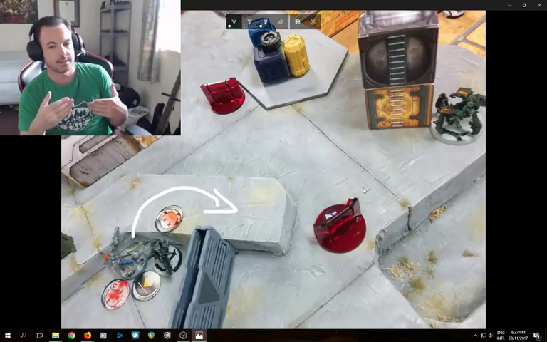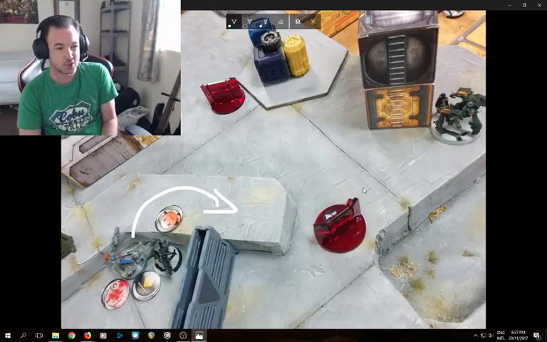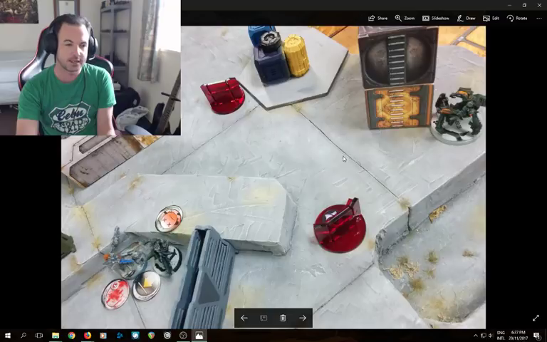Combi rifle is going to mean he's going to be hitting on something like 10s. I can't remember what his ballistic skill is, but the Q drone is going to be hitting on 2s with 4 dice. So we're going to have a bit of a shootout here, and if he can succeed in that, he'll have 3 orders left to move over and try and capture the